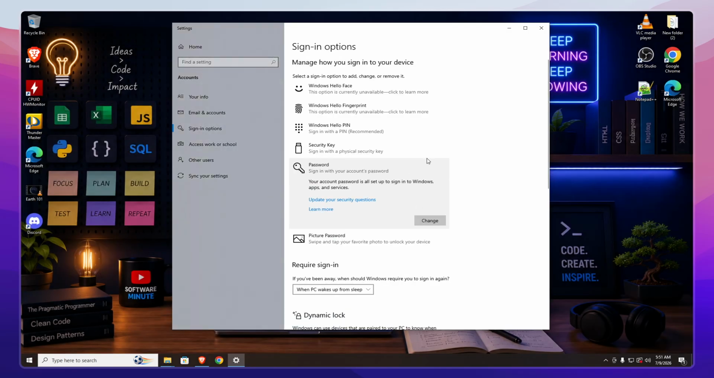Your Windows 11 account is now protected with a password, and you'll need to enter it every time you log in. And that's it. You've successfully set a password on your Windows 11 computer, adding an important security measure to keep your files and personal